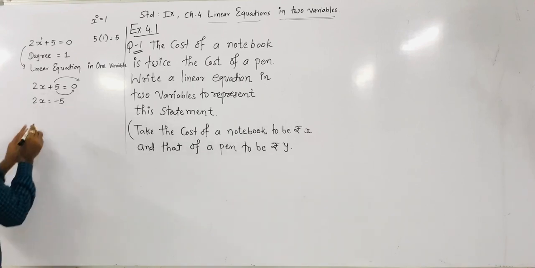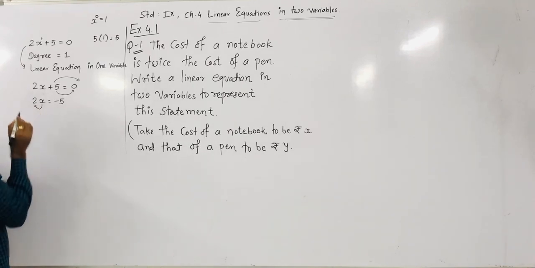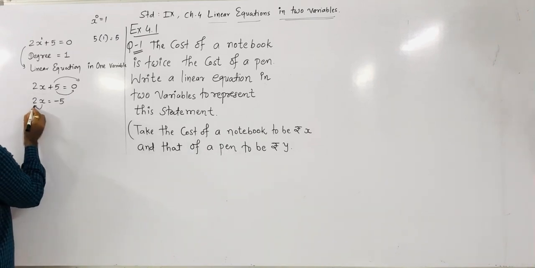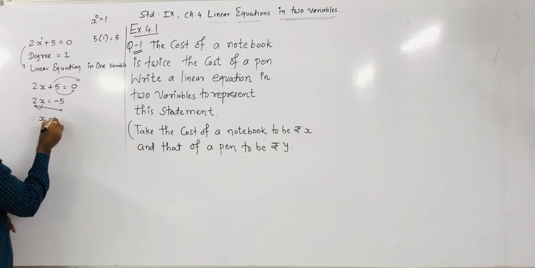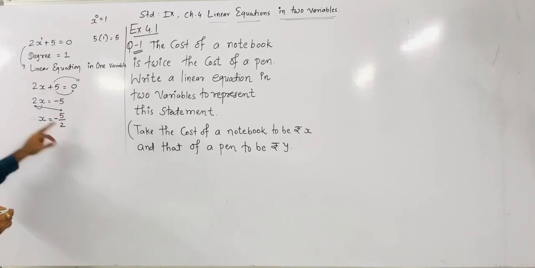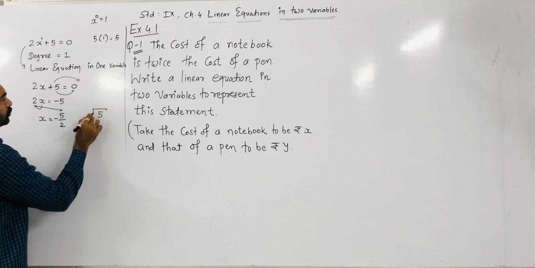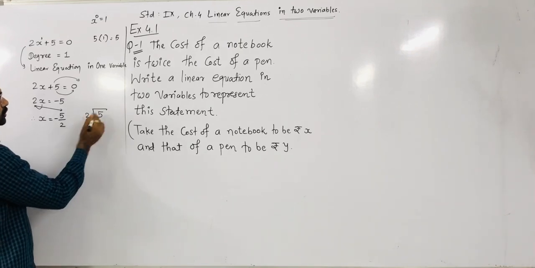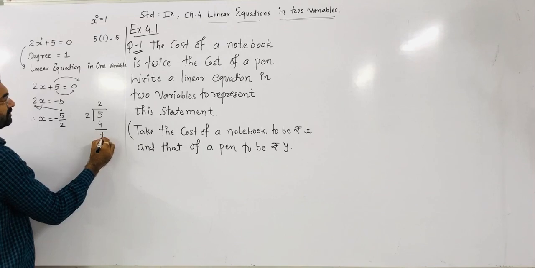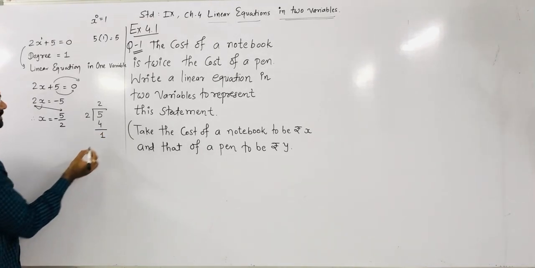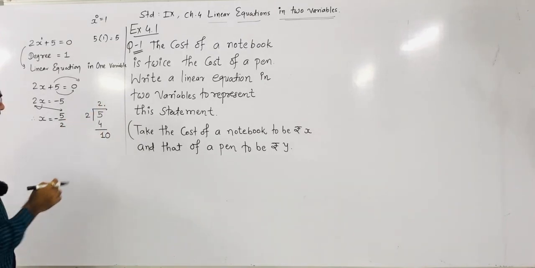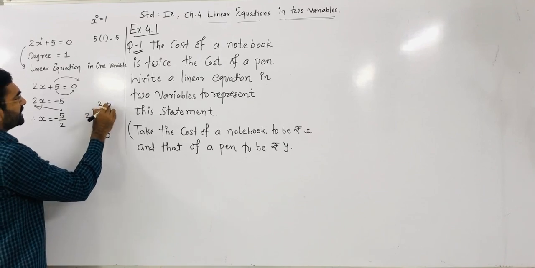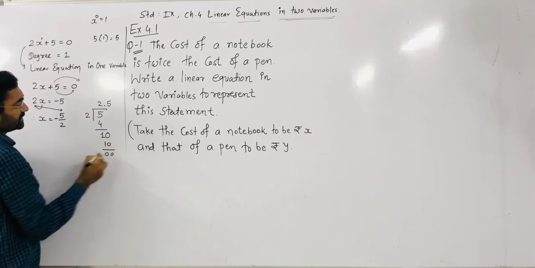Now we have to find out the x value. So whatever is multiplied with x, or you can say whatever the x coefficient is, when it goes to the other side of the equal sign, it becomes a denominator. So we get the x value as minus 5 divided by 2, right? Now minus 5 divided by 2 means we have to take 5 divided by 2. 2 twos are 4, so we get 1 as a remainder. 1 is not divisible by 2, so I put 0 and here I have to put the decimal point. And again 10 is divisible by 2, 2 fives are 10, so we get the remainder as 0.